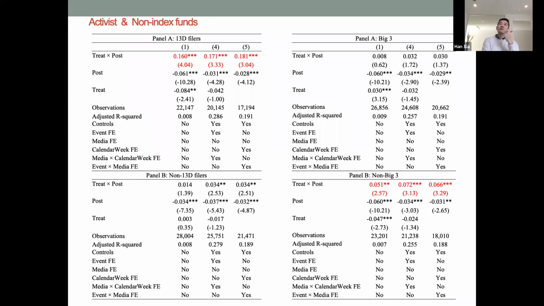So I should have said this before. This is how we identify the activist institutions. When we say that we look at the 13D filers, we don't require this institution to target the defendant or the medium. We're just looking at whether in the past 8 quarters this institution has ever filed a 13D. Because the purpose here is to capture some sort of characteristics, instead of saying that this institution is trying to drag down the firm like you suggested. So to that extent, we shouldn't have that problem. Thank you.